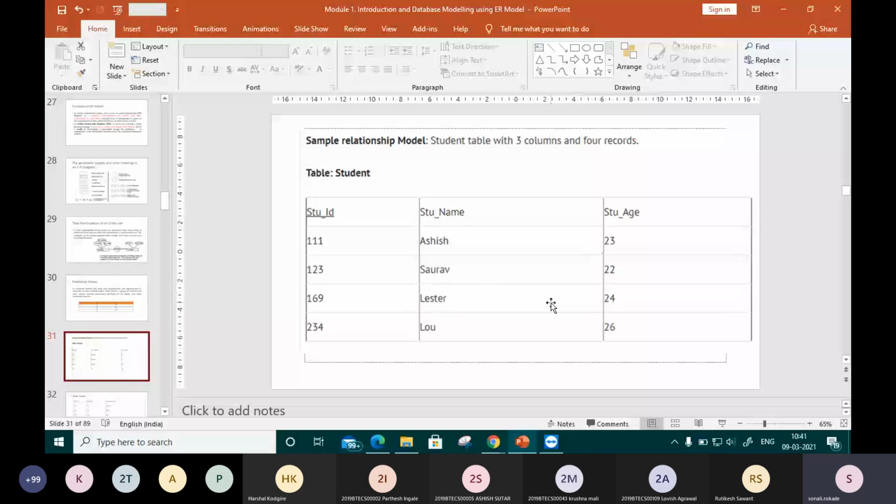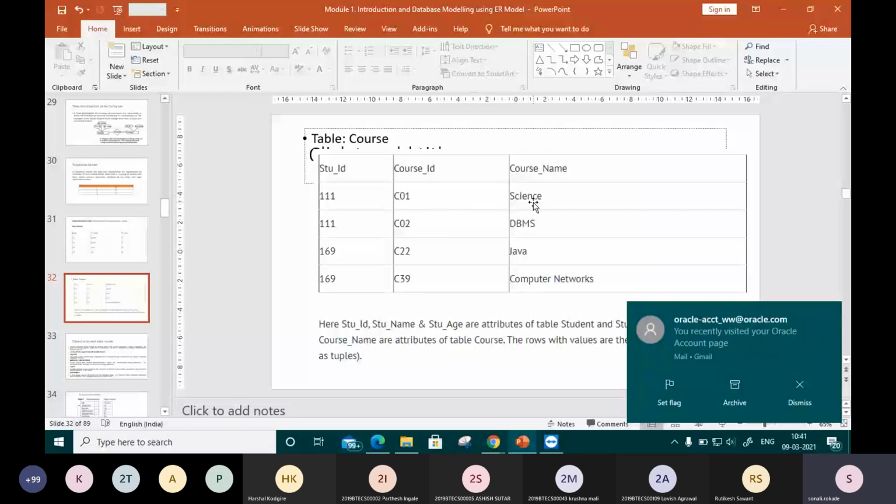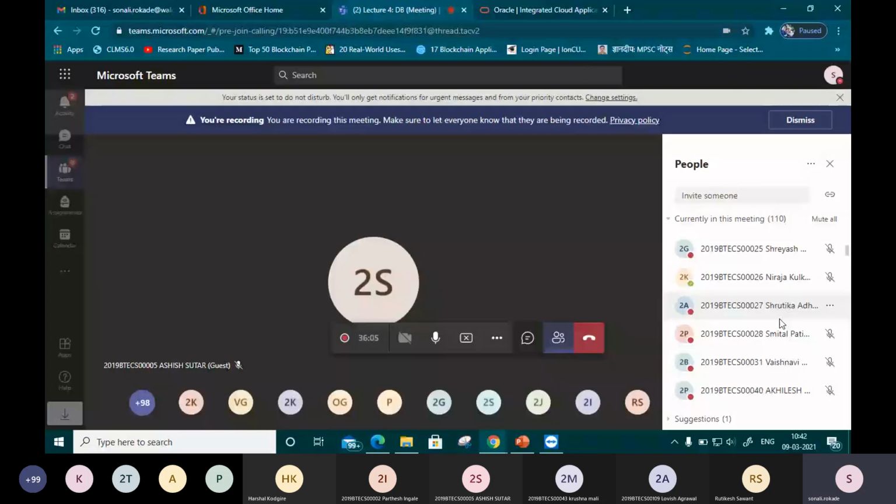When we relate that table with another table, a course table, we can say that student 111 has course ID CO1 and a science subject. Or we can say that the roll number, the PRN number, suppose 25, 2019 BTECS 3 times 0 25, has a course ID.